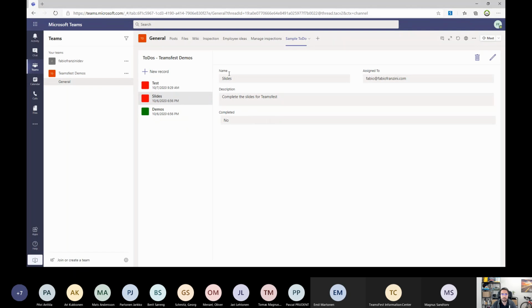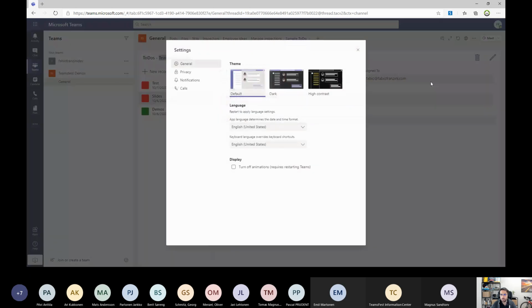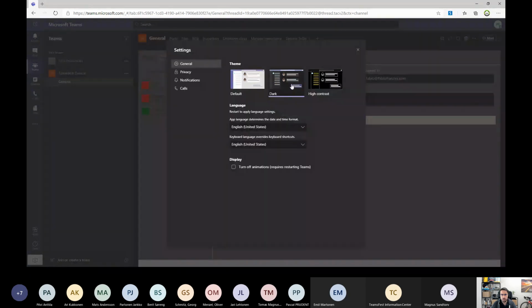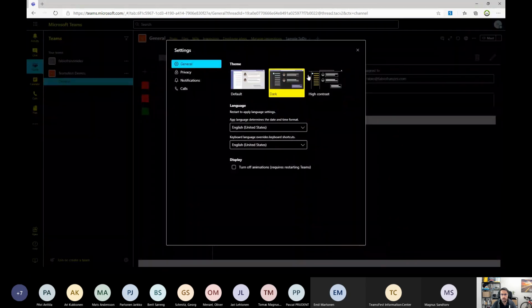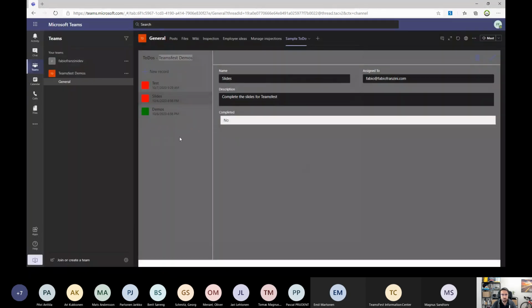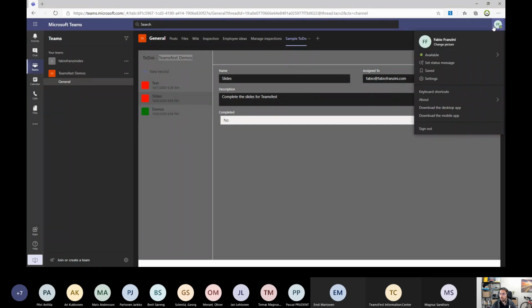But the first integration is, for example, that inside this application we are able to see the team names. And another integration is that if I try to switch the theme of Teams, I'm able to change the background color of this application without reloading it.